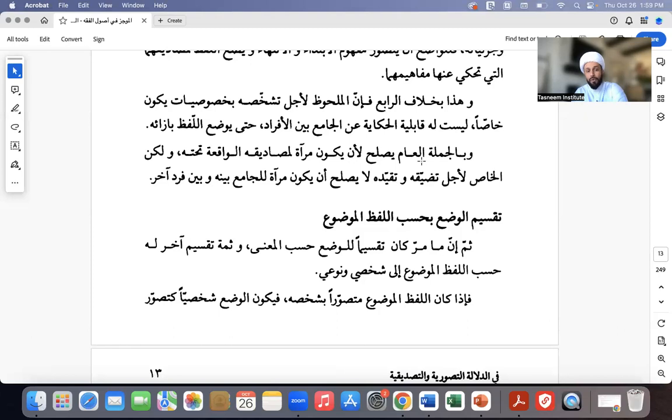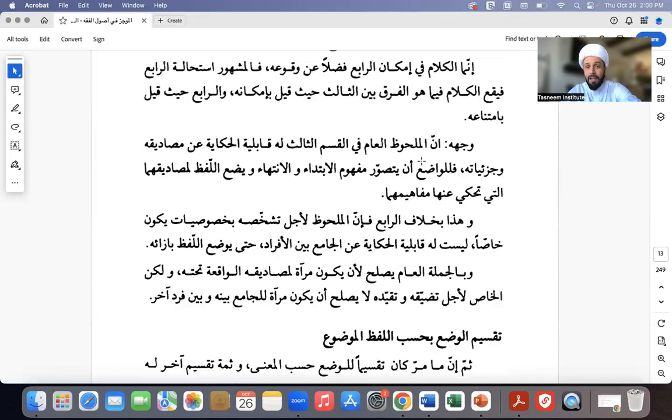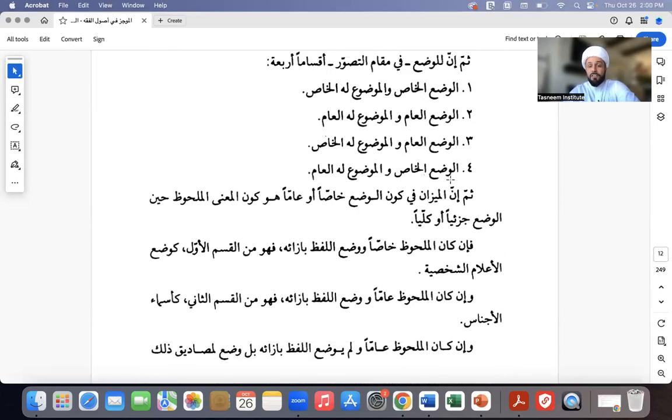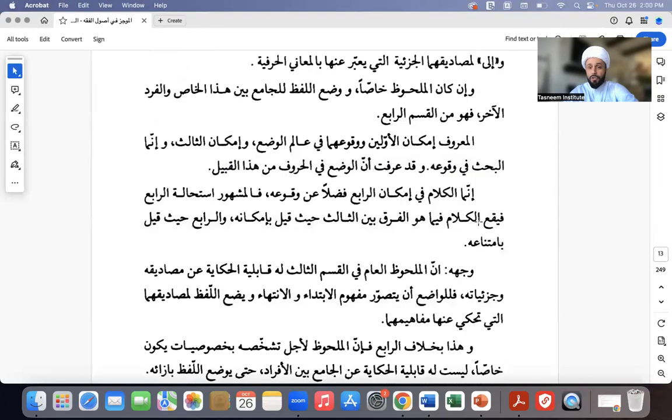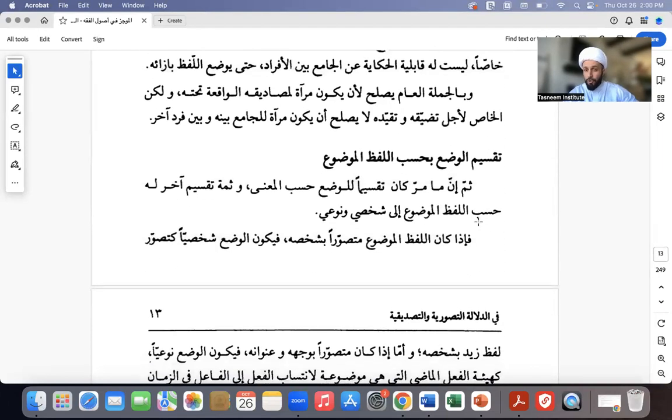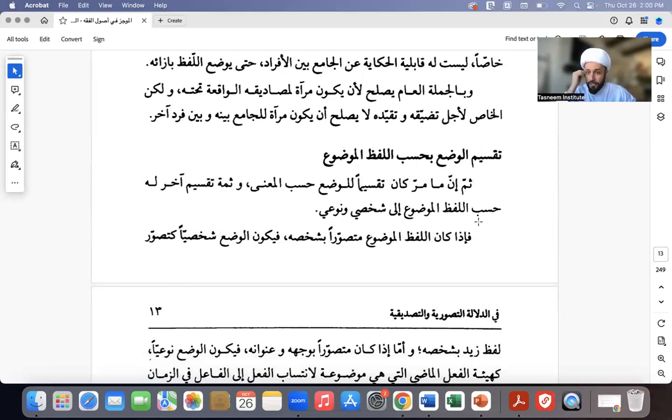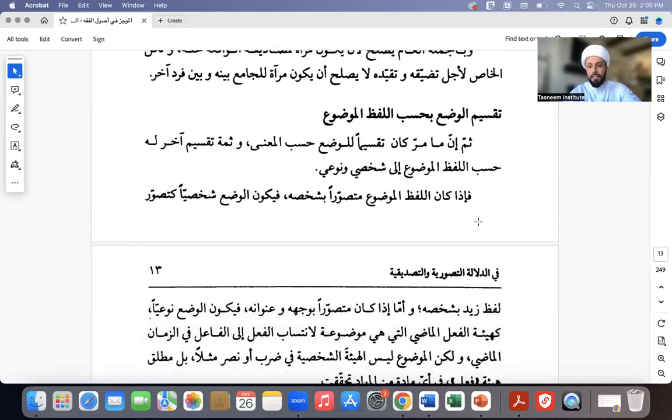لا يصلح أن يكون مرآة للجامع بينه وبين فرد آخر. So because of this, it cannot combine within itself its own reality and the reality of another individual, because what you are considering is specific. So how can it be that what you are considering is specific and you want to coin a term that refers to something beyond it? It doesn't have the ability to reflect anything other than itself because of its conceptual limitation. Now,